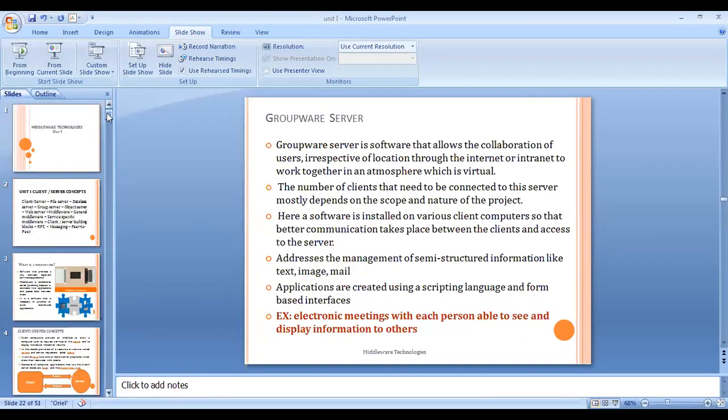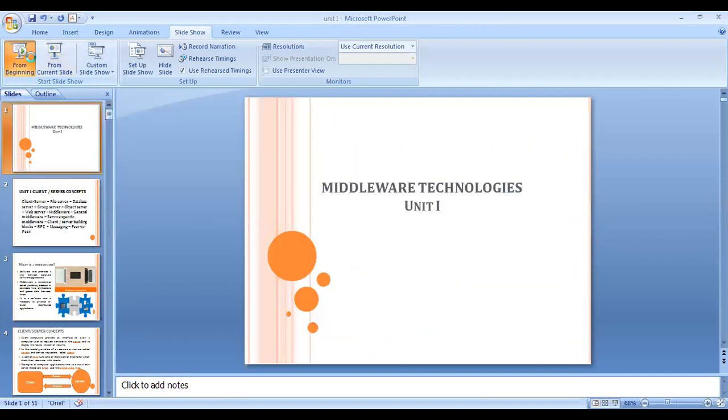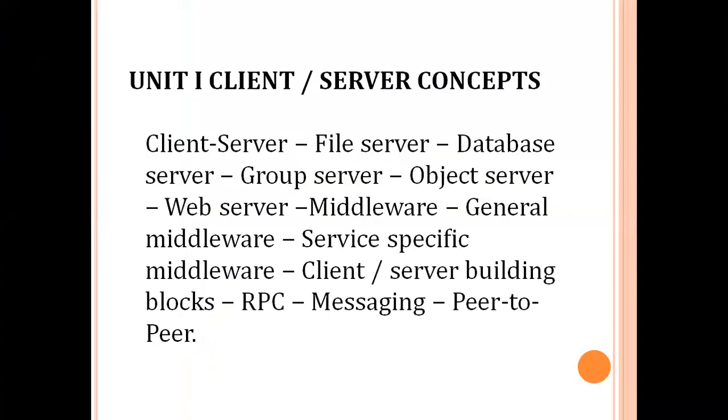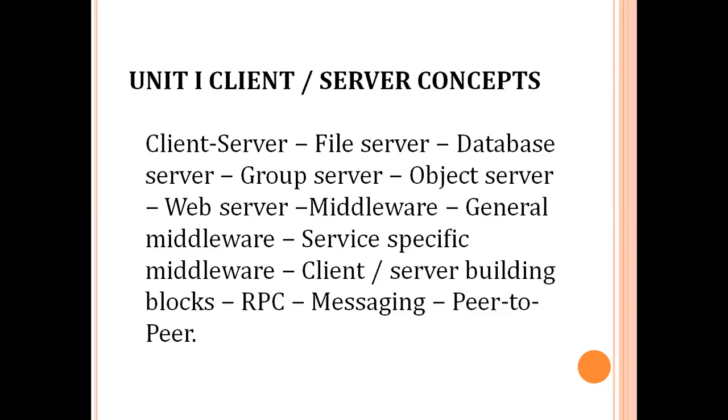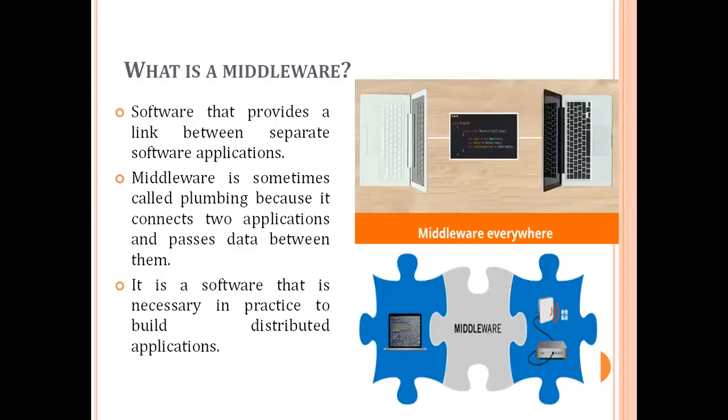the first unit topics. So coming to the first unit, in this unit, we're going to see client server architecture, different servers, what are the available different servers, as well as we will be able to know what is a middleware, different middlewares, building blocks of client server, RPC, messaging, P2P. So before starting unit 1, actually unit 1 starts with the client server architecture. But before this, as the subject name is middleware technology,